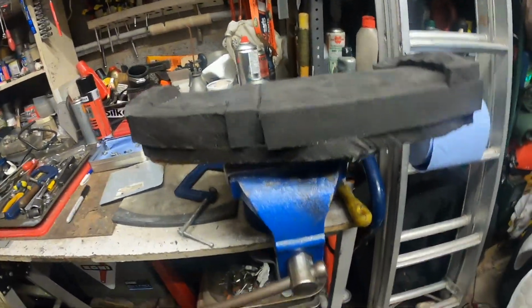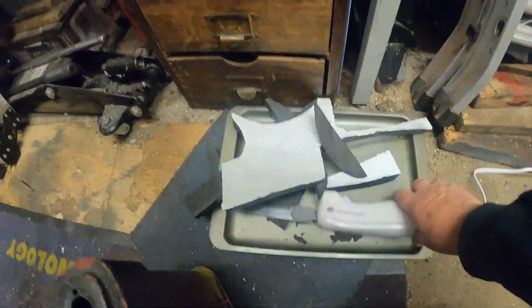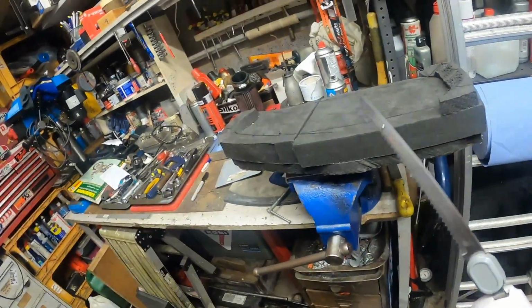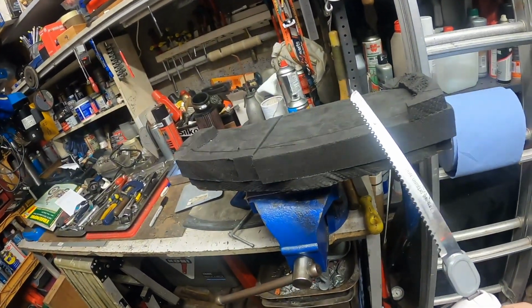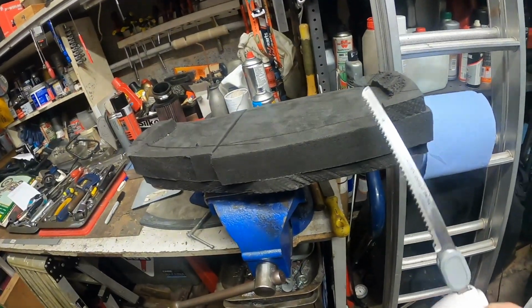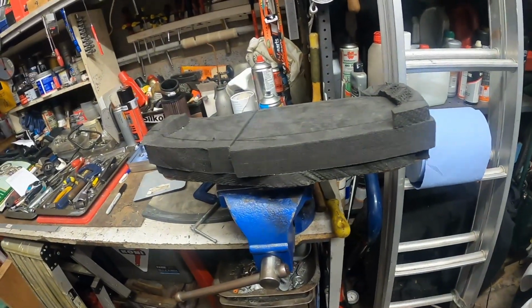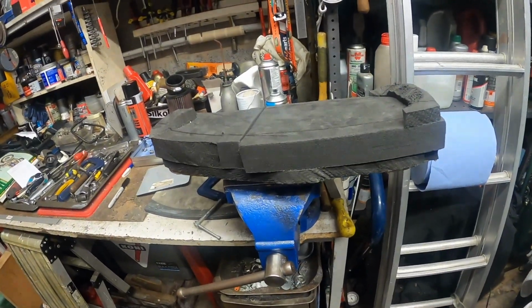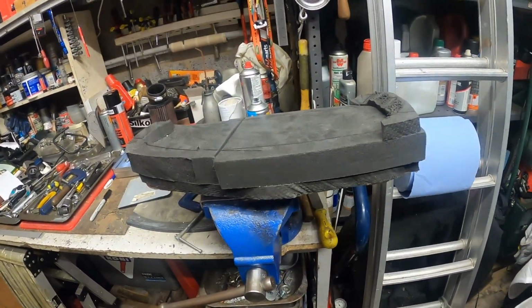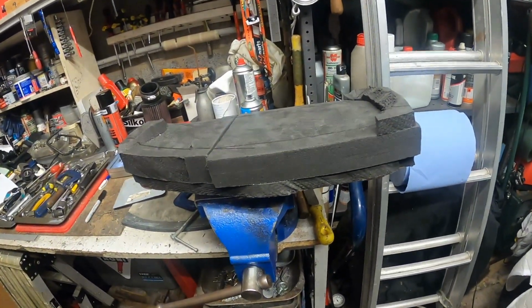So, but yeah, here's the magic tool that we're going to be using for that sculpting. The good old-fashioned, everybody's got one in the cupboard somewhere, electric carving knife, and that's what we will be using to shape the foam. It goes through the foam like a hot knife through butter, as they say. So that'll be used for the rough shaping, and then, as I say, we'll start getting to the proper profiling using the angle grinder, followed by a little bit of sandpaper. Then once we've got it something like, I can offer up the old seat cover to see how it's going to fit,